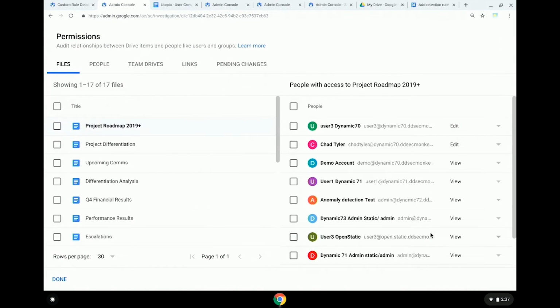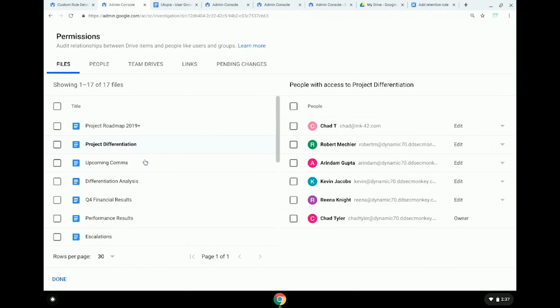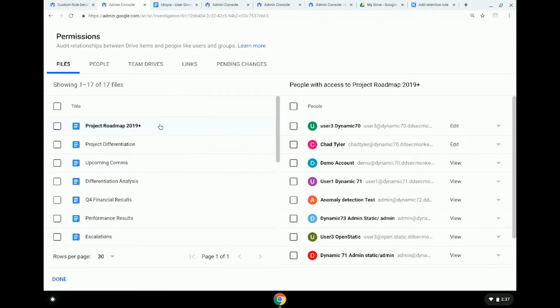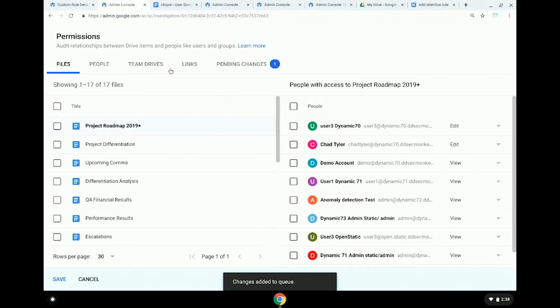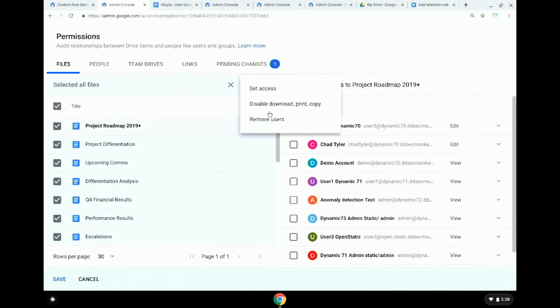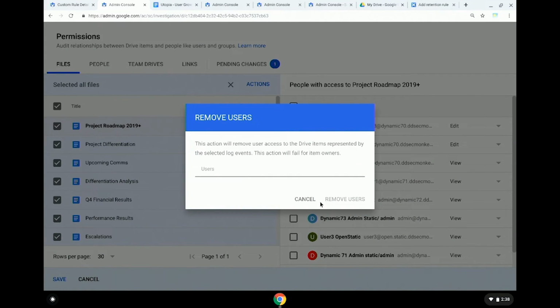And this gives us a much more granular look at how these documents are currently shared. So I can select any of these, and we can look at who they're shared with. We see here, actually, this is a user from outside of our organization. So if we want to remove them, it's as simple as clicking and removing them there. Or we can select all of these files at once and remove that user by typing their name and hitting